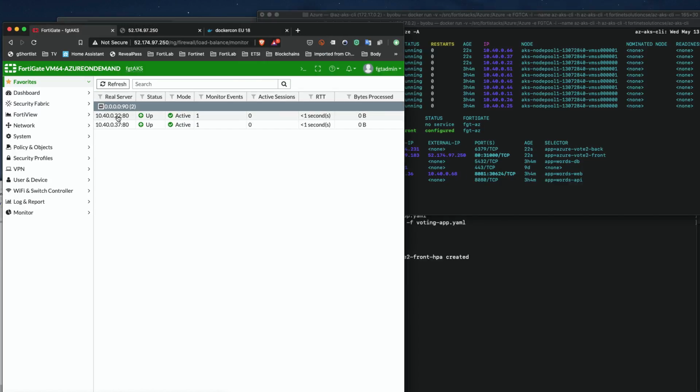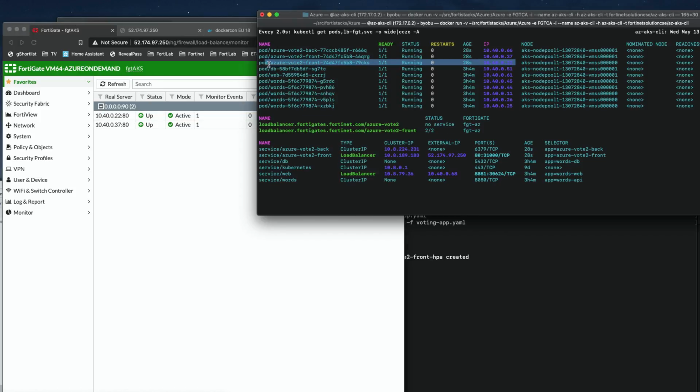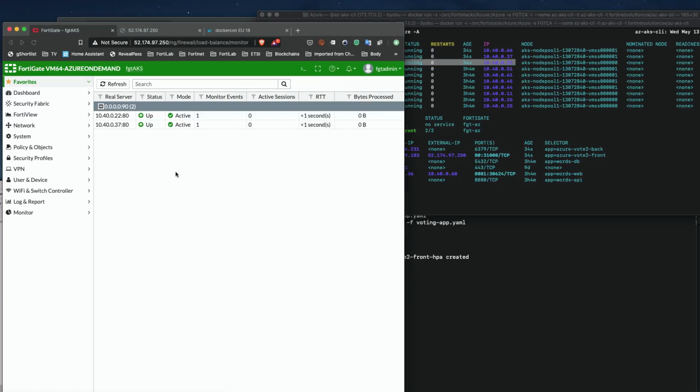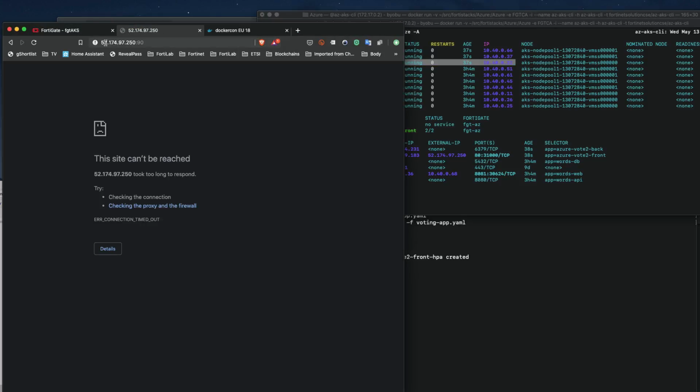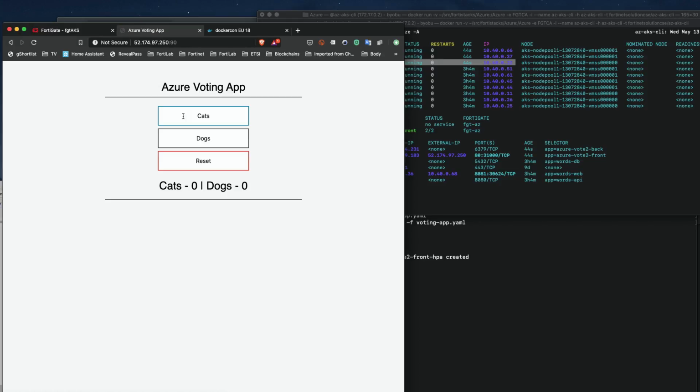If you check, I have my 0.22. 0.22 is Azure Vote 2 front, and same for 37. As you can see, I can access this. Meaning, I should be able to access using the external IP of the FortiGate and the port 890. Let's verify. I can now access this,